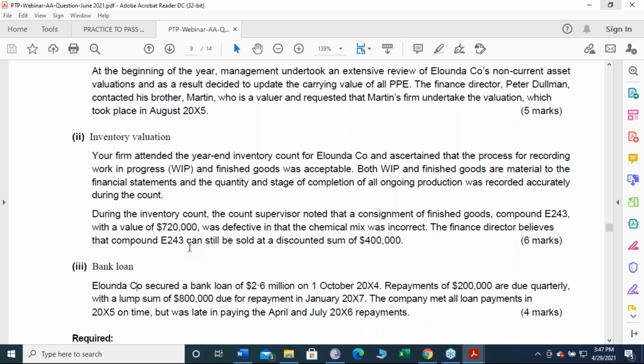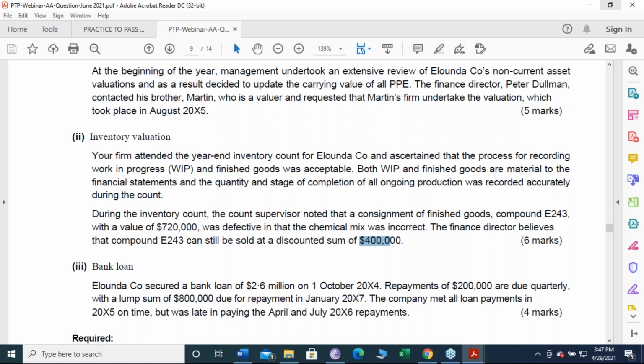Moreover, I would like to review the financial statements and would like to make sure that the client has correctly charged 720,000 minus 400,000, that is 320,000, in the profit or loss account. They need to write off the 320,000 from the current assets, that is inventory, and they need to charge it. So I need to follow through, and I need to make sure that the correct adjustment has been made by the client. Last but not the least, I would like to review the financial statement disclosures regarding the inventory, and I would like to make sure that they have correctly disclosed the whole situation in accordance with International Accounting Standard 2 Inventories. Is this clear?